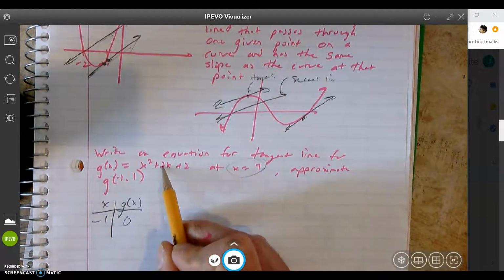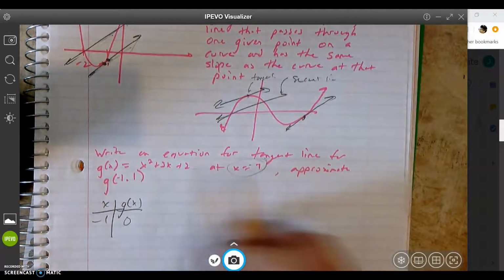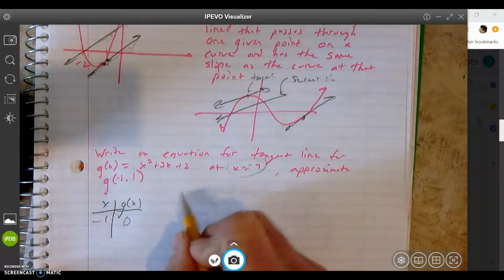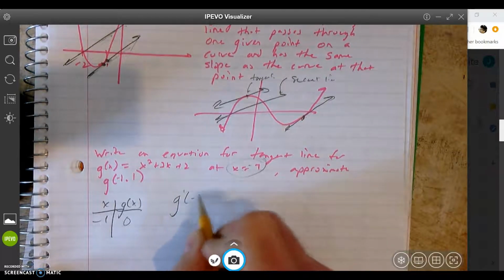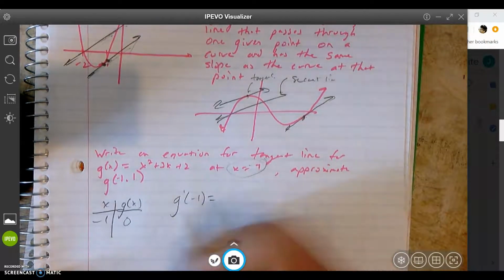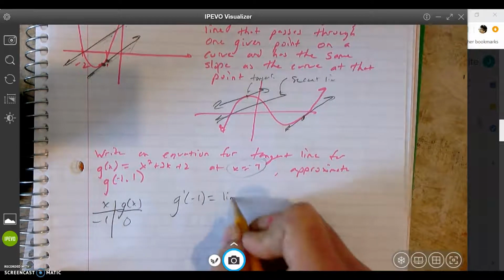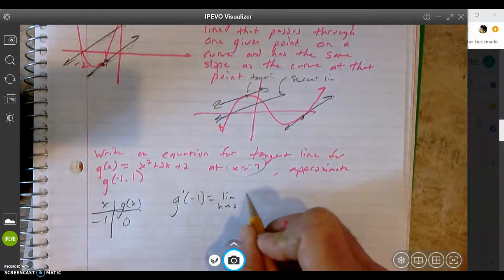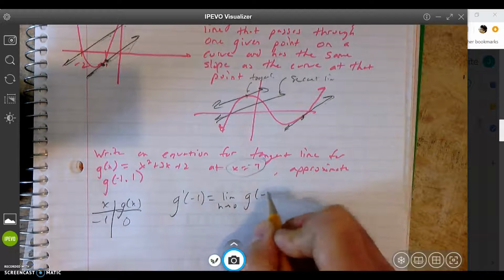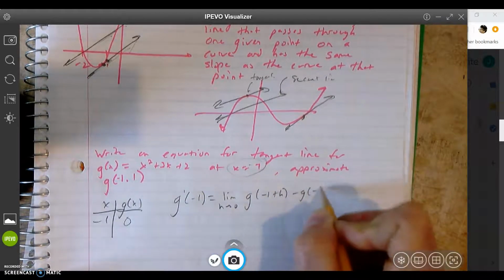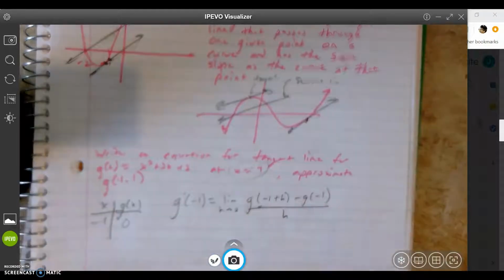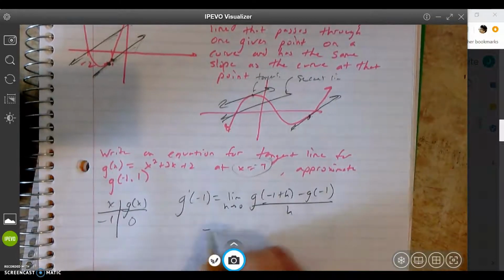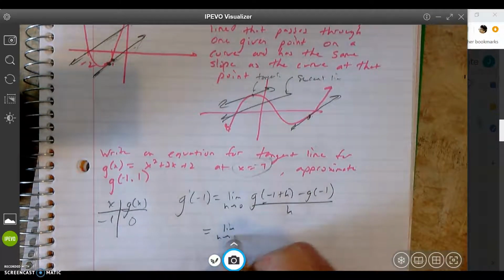And how do you get the slope? You need the instantaneous rate of change at -1, which we just did, okay? So that would be g prime of -1 equals, and see if you can do this. Pause the video. We just did it at the beginning of the video. The limit as h approaches 0 of g of -1 plus h minus g of -1 over h. Cool. Equals the limit as h approaches 0